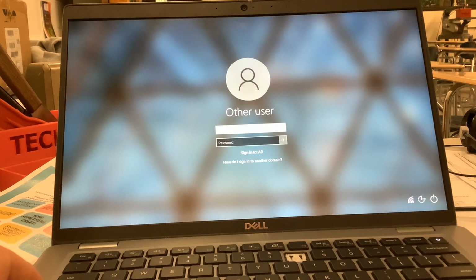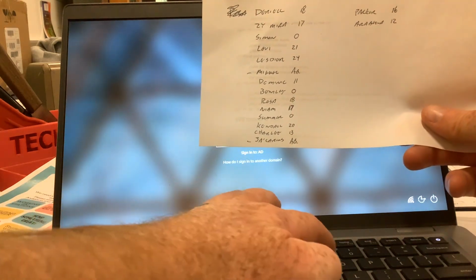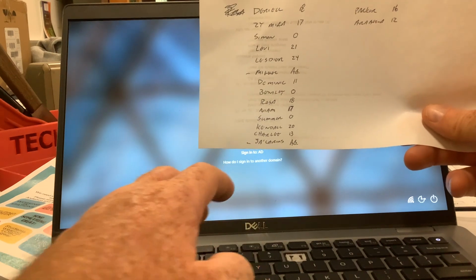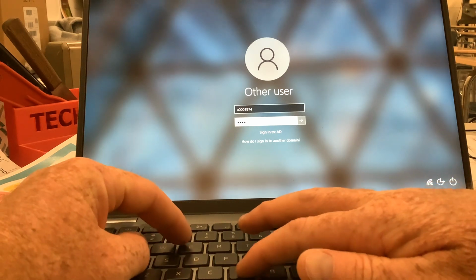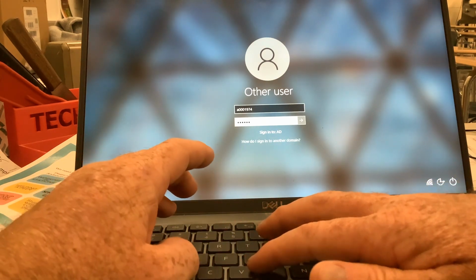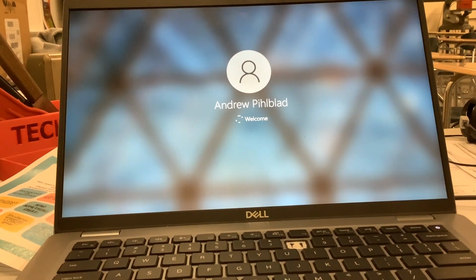So you are going to type in your username, and then your password. Okay, and it should let you into your computer. So it is loading, and it is going to take a minute to get you in there, but when